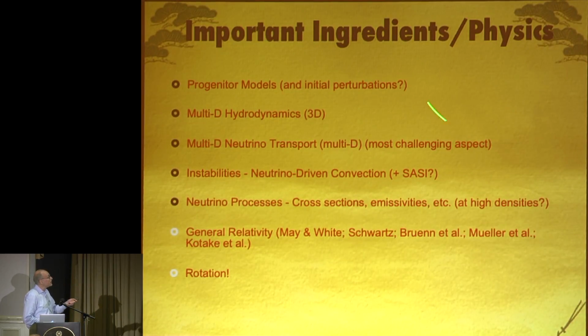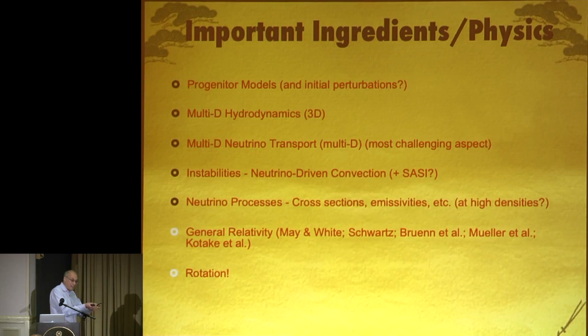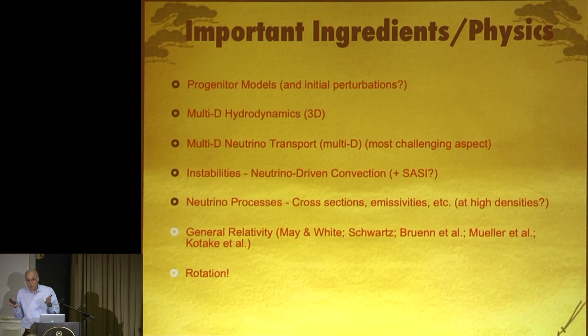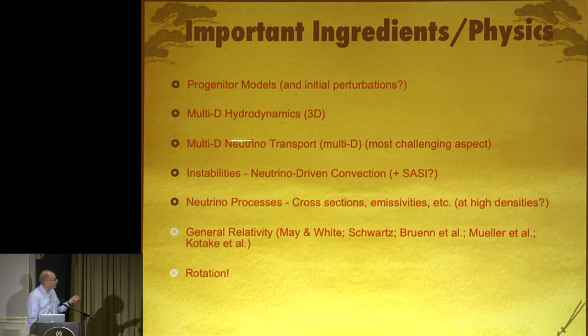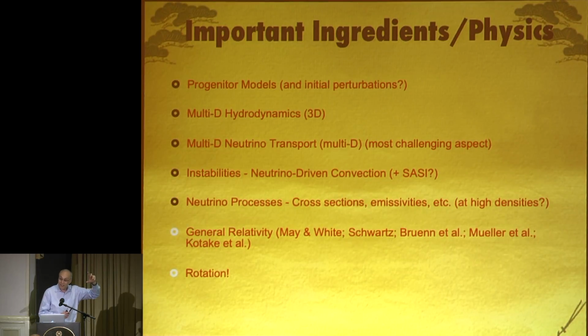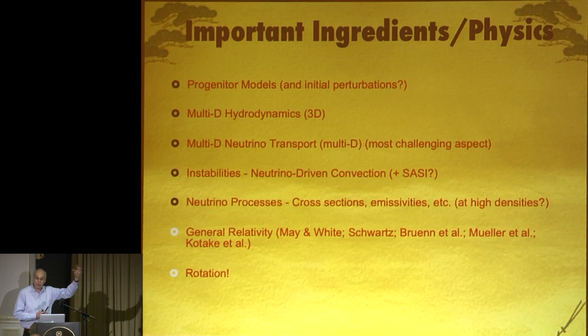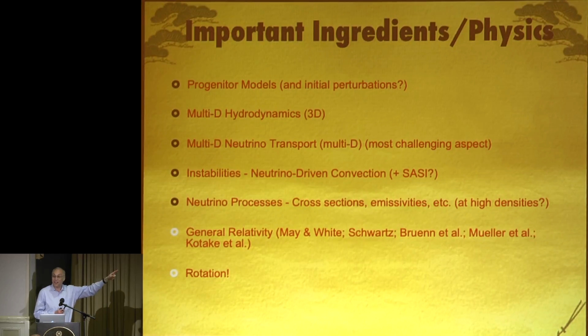So the important ingredients and important physics that you have to put into this, and it isn't just a numerical problem. It may not be clear from some of the literature, but a few of us have to think every once in a while. I hope it'll be clear after my talk that some of us have been. So you have to do multi-D hydrodynamics and radiation hydrodynamics. And right now, that's a 7-dimensional problem. You have to do it in phase space and in time. So it's 3 plus 3 plus 1. Nobody's done that.